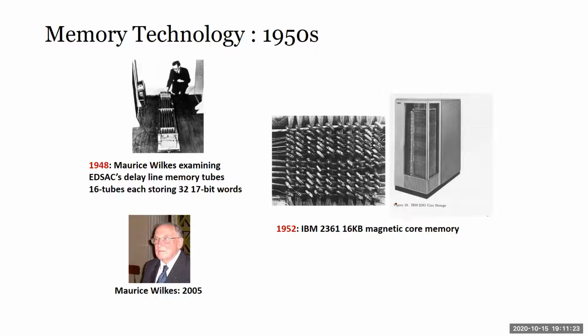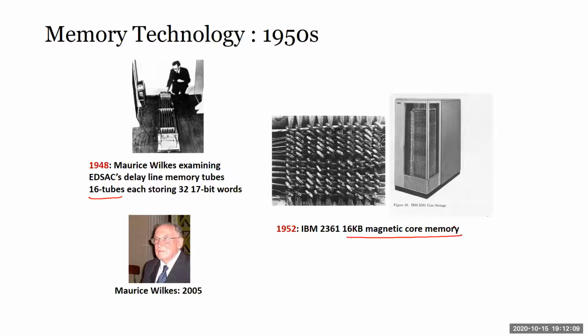So long ago, in 1948, we used delay line memory tubes. These are some like vacuum tubes. It turns out that using vacuum and heat, you can actually store information for a little while. It's like when you turn on a light bulb, it turns bright. When you turn it off, it takes a while for the light bulb to dim. So it has this little bit of a lasting effect inside. So what you do is, as the tube is dimming, you use the data to power the tube, then you power it yourself again. This is basically what volatile memory does.